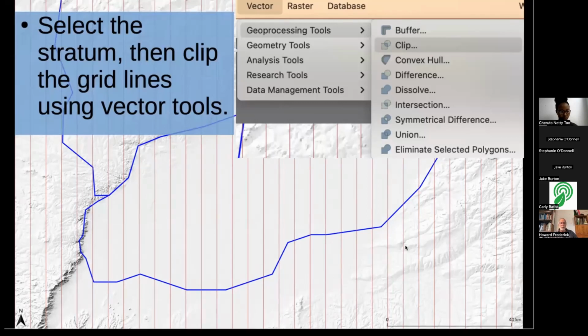So next, you will select the stratum using the select tool. So you select that polygon. And then there's a tool called Clip, which you get from the vector geoprocessing tools, which will allow you,